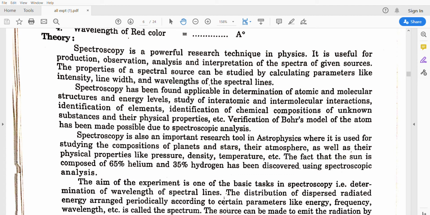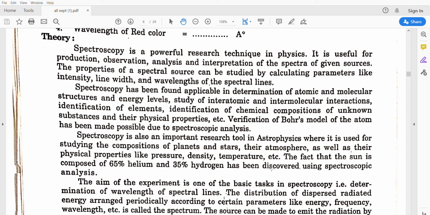The telescope, a simple astronomical telescope, consists of a horizontal cylinder. For the plane transmission grating, the minimum deviation position, as I already told. When we incident the white light from this wooden box, the white light falls onto the grating, splits into the colors, and focuses on the colors individually.